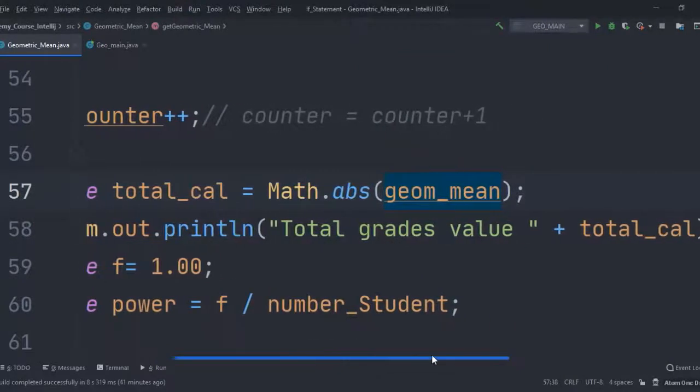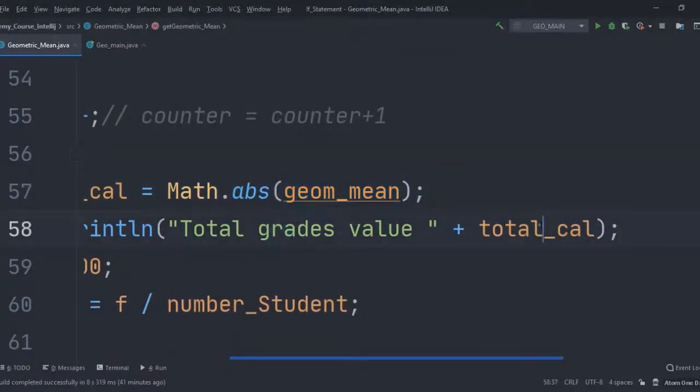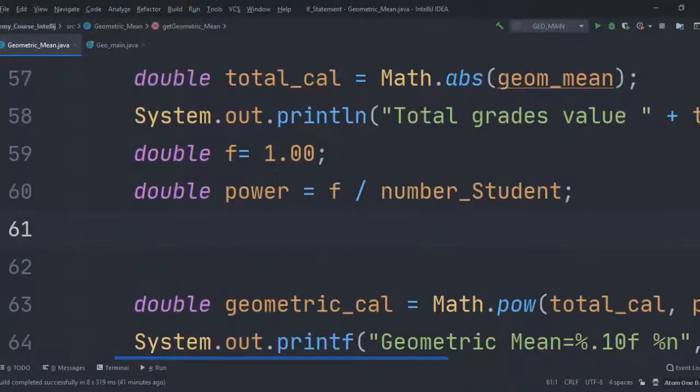Now here it says print total grades will print. Now here in power, just a second,